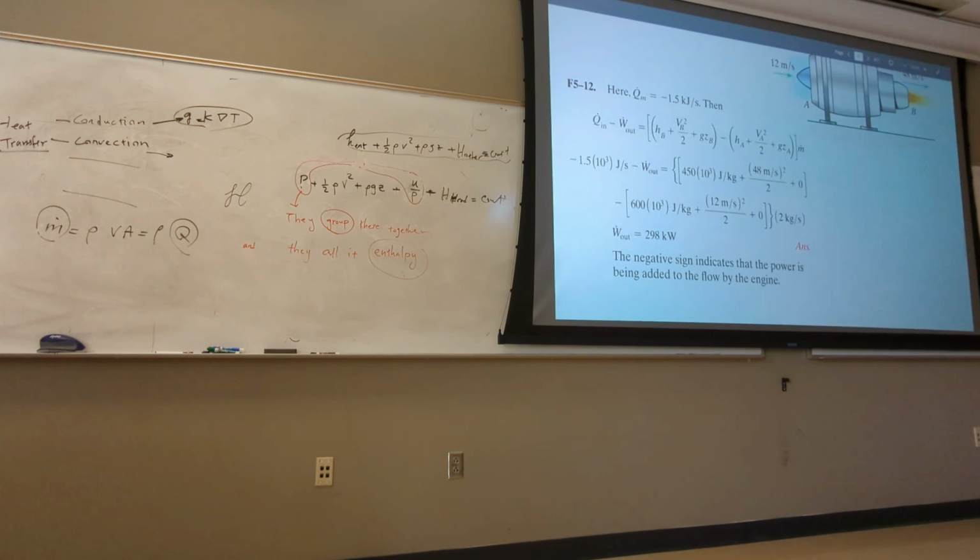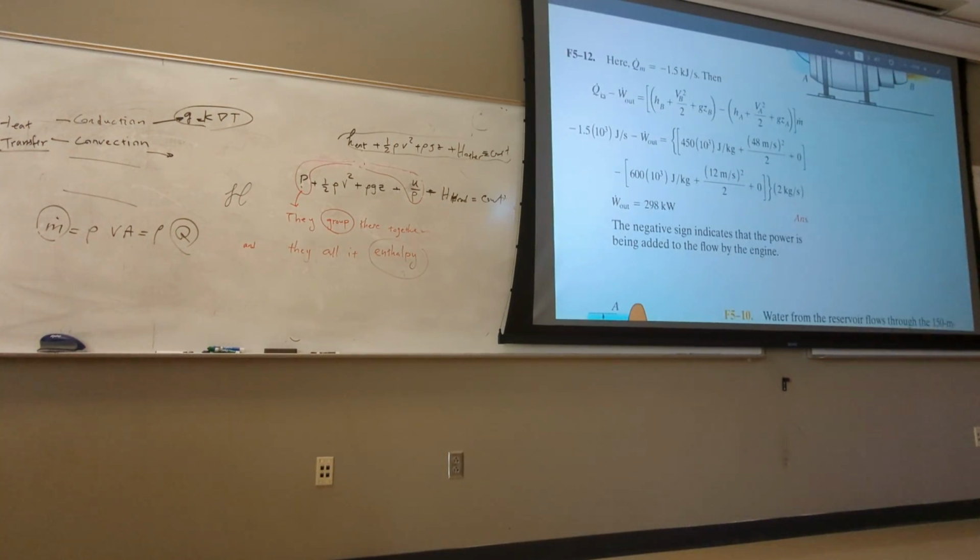So you have enthalpy at 2 points, you have velocities, and then the elevation is just 0. But just like the last example, you could put ZA, ZB, but because they are at the same level, they cancel out. And then you put the M dot here, and this is the heat loss, Q dot. Then you find W dot. What's the W dot? The work generated by the thing on the system, right?